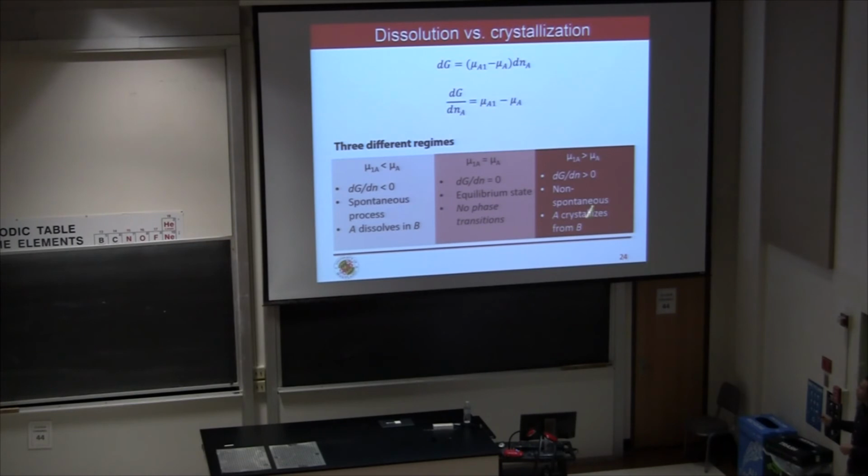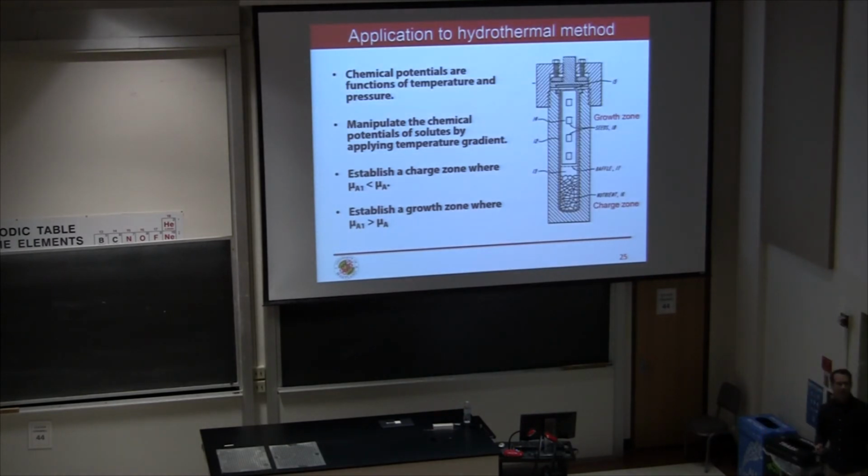But in the case where the chemical potential of the solute in solution is greater than your solute out of solution, then that's non-spontaneous and A will actually crystallize from B. So what you do is you set up a reaction where both those conditions are met at different parts of your autoclave. So basically, this is again a schematic of a hydrothermal autoclave where you have your charge zone that's set to a different temperature so that